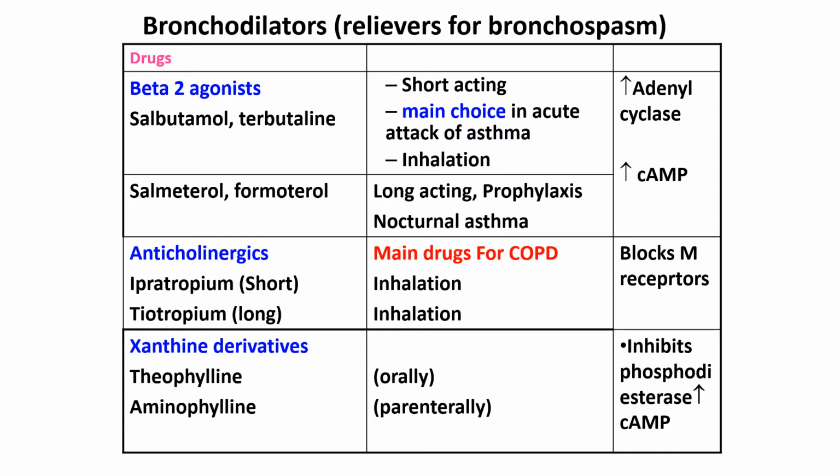And then the third class of bronchodilator that we will discuss is methyl xanthines. So in the first segment we will cover all the bronchodilators. One class we have already discussed in the previous class,